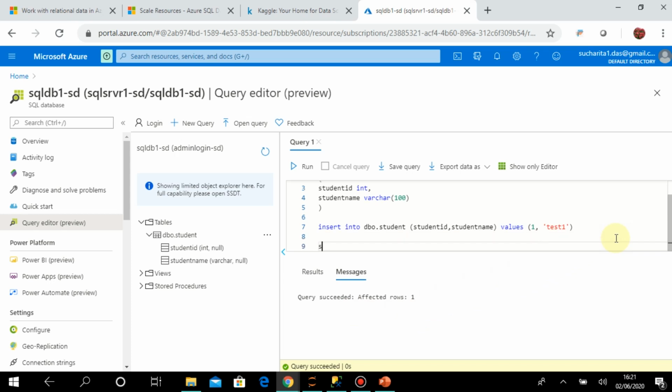Now I will write the select command. So select, then list of columns. Okay, so the language that I am using is Transact SQL. That is the standard programming language for SQL Server. So here I am using some of the DML statements, right? I am inserting a record, then selecting, and earlier I had used the DDL statement, that is the create table statement. So from dbo.student,